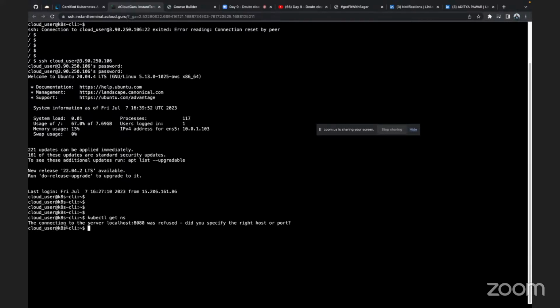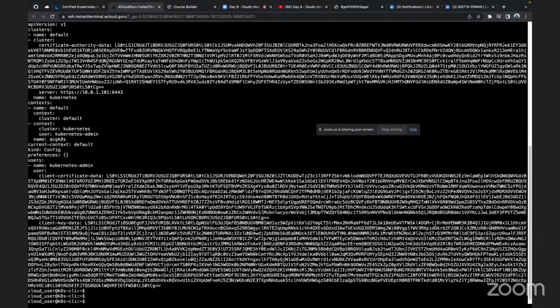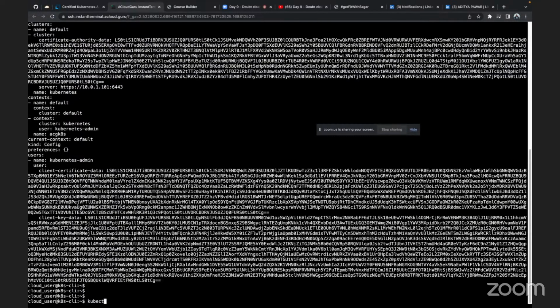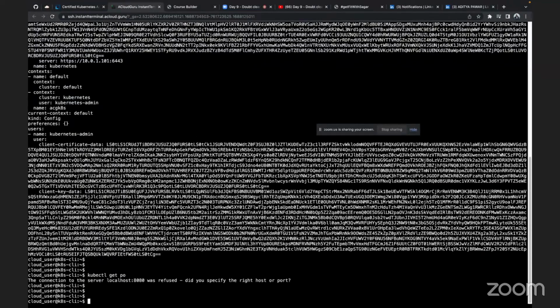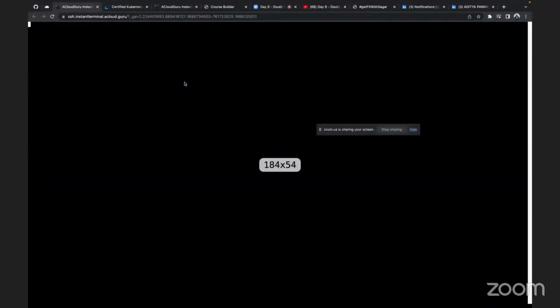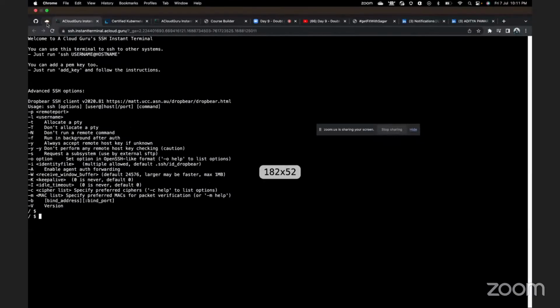So, the connection to the server localhost:8080 was refused, did you specify the right host or port? Okay, so do we have a kubeconfig? आपको पता है राइट ये एरर कब आता है. Okay, so this config is there. Connection refused again, kubectl get pods, still we are getting an error, fine. What I'm going to do, I'll launch an instance terminal again, and we'll try to connect to this SSH instance. ठीक है,